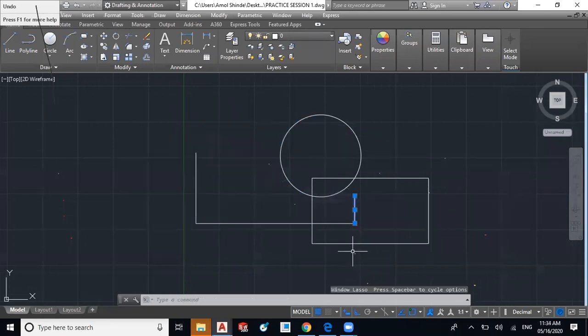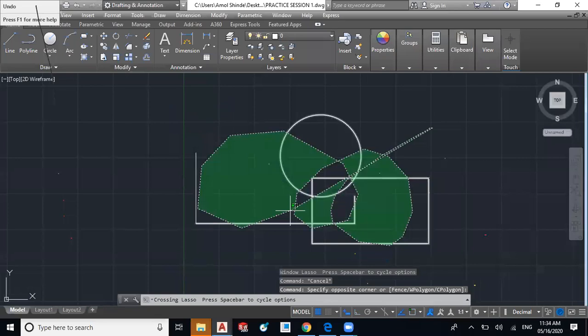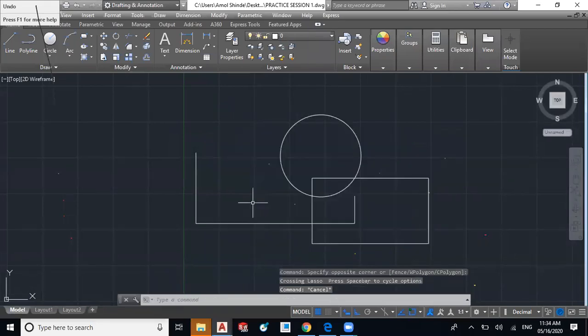So the only entity fully covered was this line, so that line is selected. And for right to left also you can use random selection by left clicking, just like this. Okay, these are the selection methods.